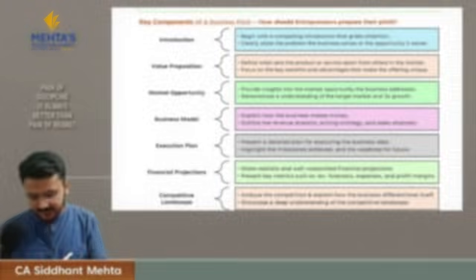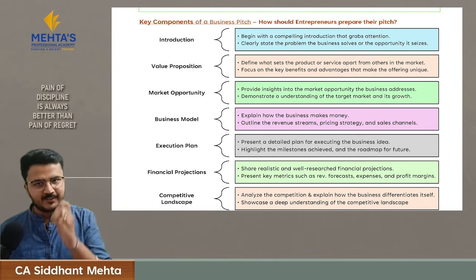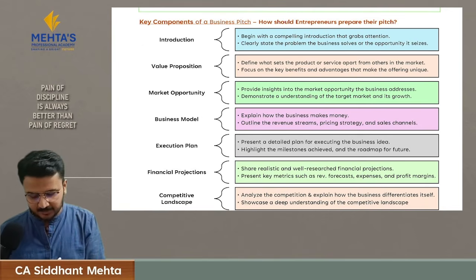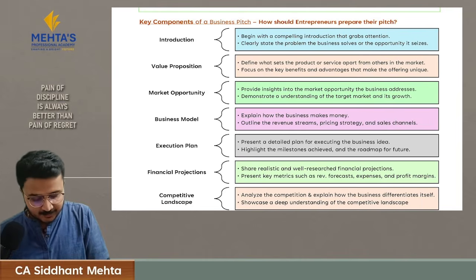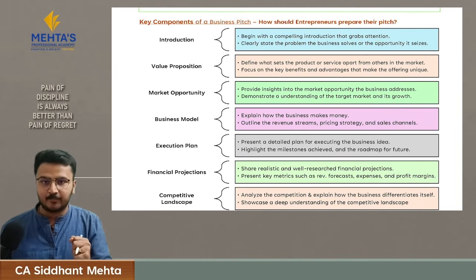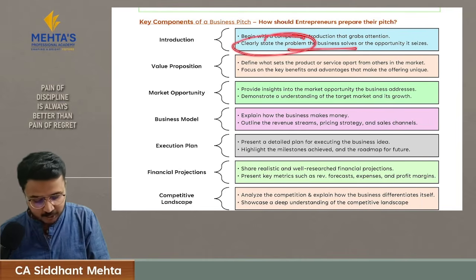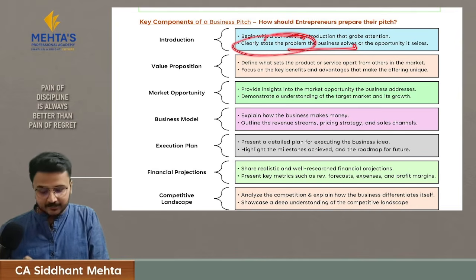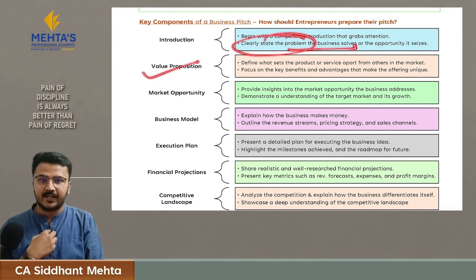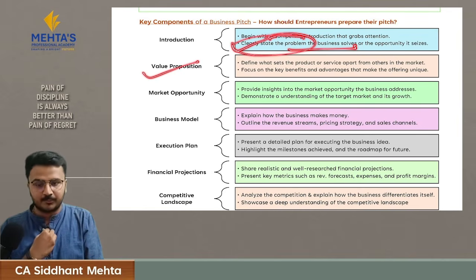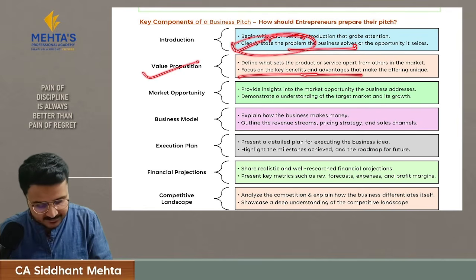Now let's understand some key components which should be there in your business pitch. The very first one is introduction. अपना introduction ही ऐसा दो जिससे investor का attention grab हो. Mention the problem which your business is going to solve. Then mention the value proposition, what all unique features your product has by which you can solve this problem. Focus on the key benefits and the advantages that